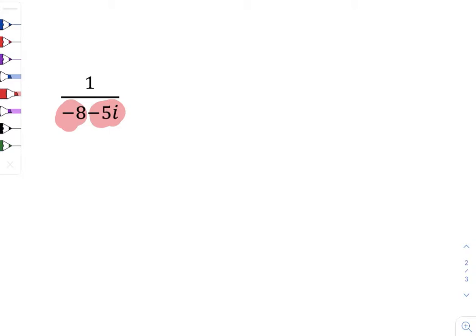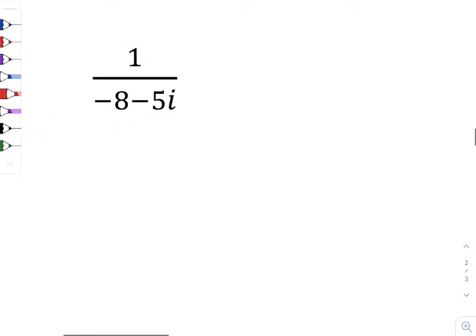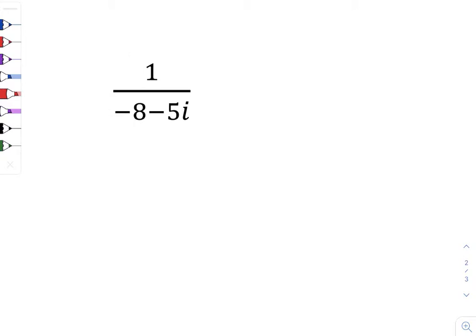So here, that -8. So the way that we're going to have to now get rid of i, we can't just multiply by i anymore, because if I multiply by i, it's going to distribute to that -8, and I'm still going to have an i in the bottom. So the way that we get rid of i's when we have a complex number is we multiply the entire fraction, both the numerator and denominator, by the